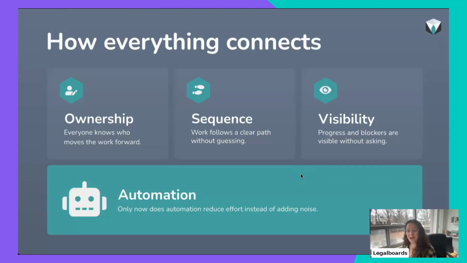So when you have the ownership, when you have the sense of the sequence and you can visualize all of that, then you can automate, because then you can point exactly to the tasks, the subtasks. This is just an email update, so you transform it into automation. Oh, this is just a notification between one team member and another, a handoff. Okay, so you can have automation for that. Now you can visualize your automations and then you can design that.